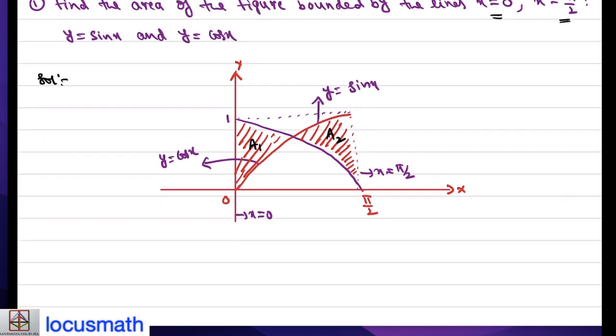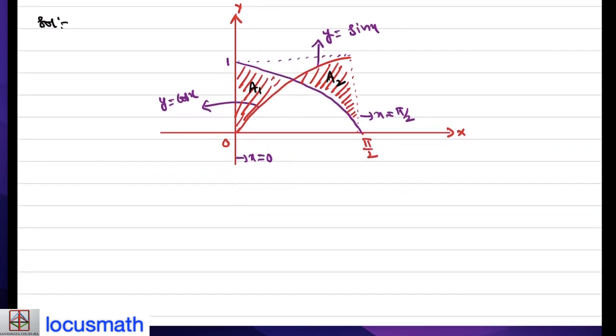Now, what is the point of intersection between 0 and pi by 2, where sin x and cos x intersect? At x equal to pi by 4. Sin 45 is 1 by root 2 and cos 45 is also 1 by root 2. This is the point of intersection. To find the required area, that is A1 plus A2,